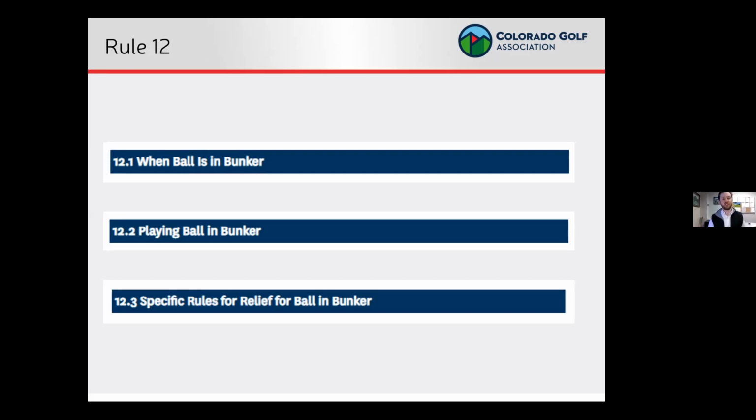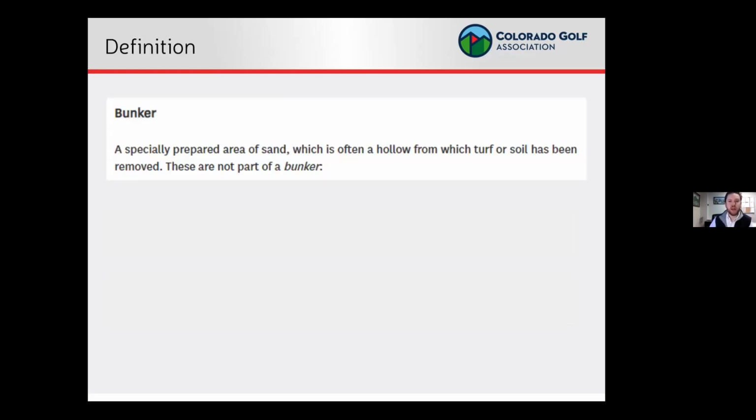Because there are some areas where if you're by the coast, right, you've got some natural sandy areas or waste areas, as you might call it, or beaches, and you could play the ball off that in a way that's just the general area, right? You can ground your club, you can do certain things that you can't do in a bunker. So we got to look at what a bunker actually is, and that takes us right away to the definition